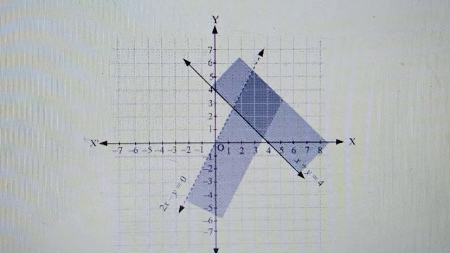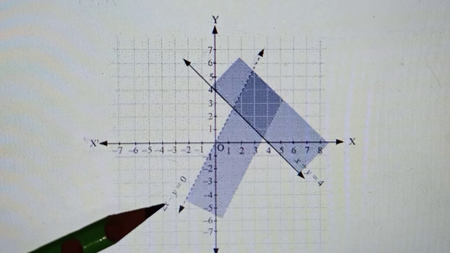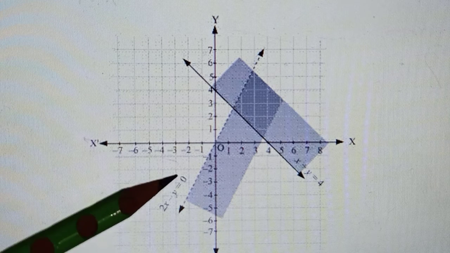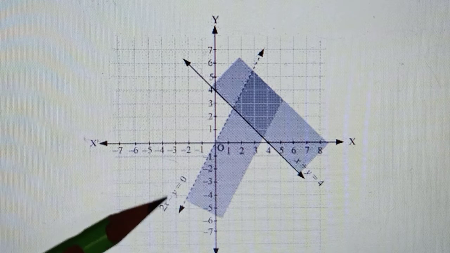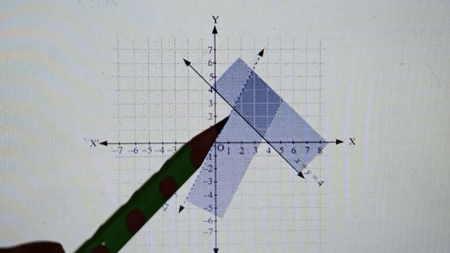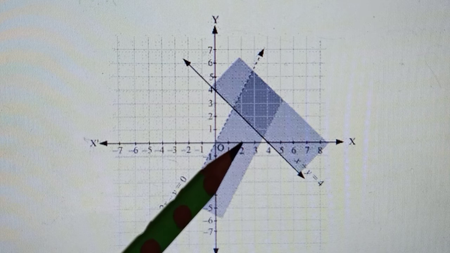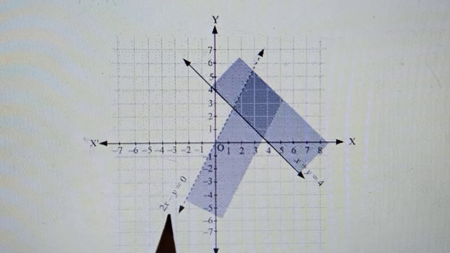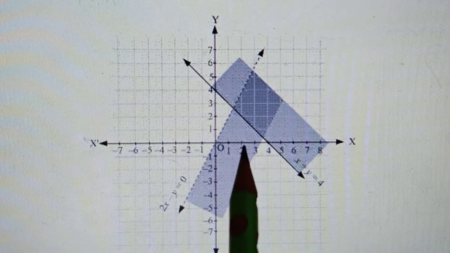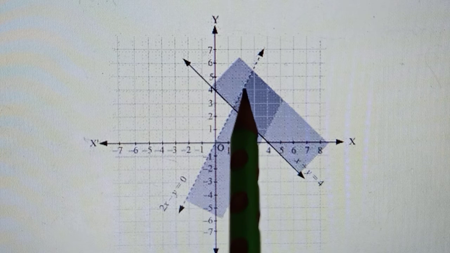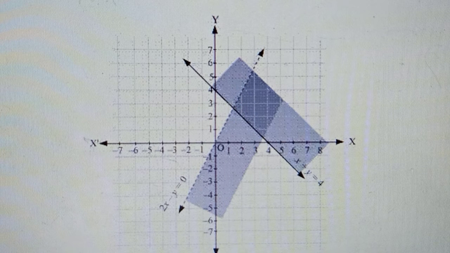In 9th you have studied how to plot a line by making the whole table. So take some other point, say take x is equal to 1, then you get y is equal to 2, okay? So 1, 2 is one point that will come. And anything else, take x is equal to 2, maybe someone takes x is equal to 2, then from here you get y is equal to 4, so 2, 4 will become a point. So you know how to plot lines, right?